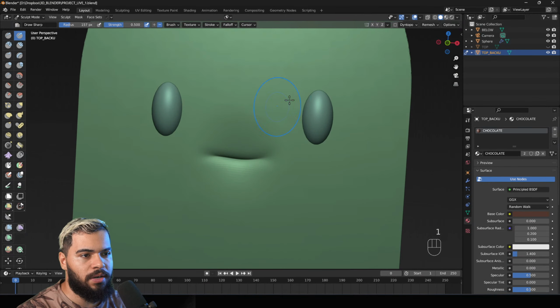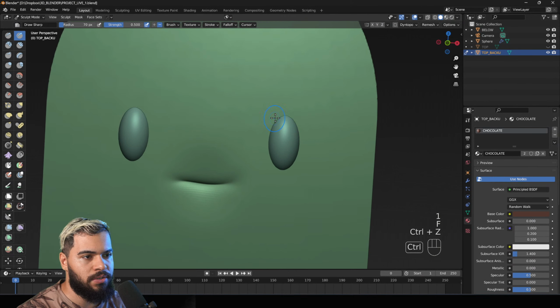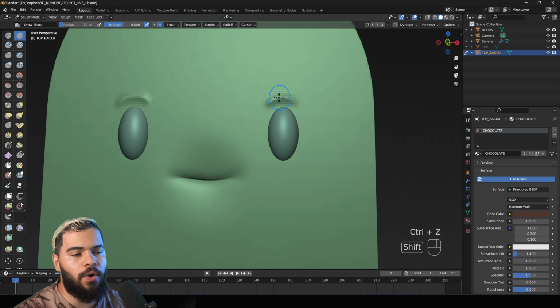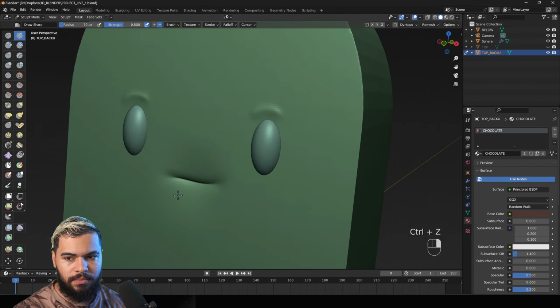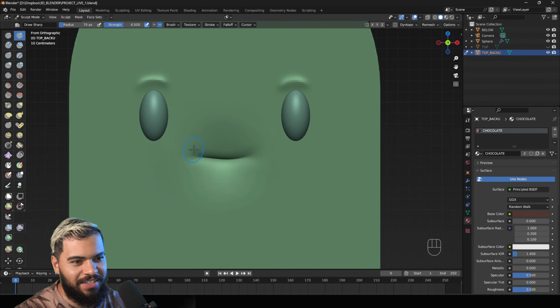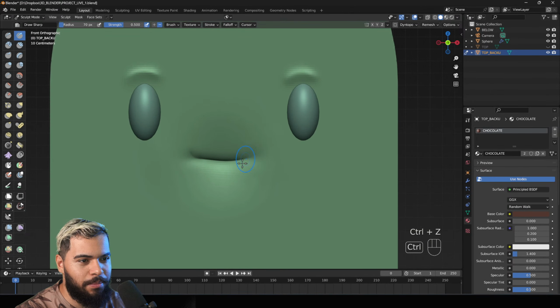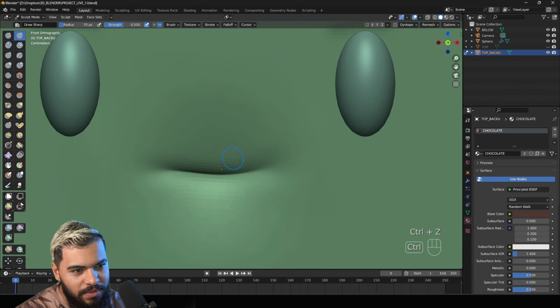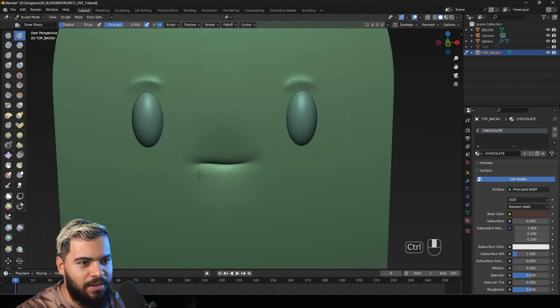If you hold shift, you can smooth more, okay? Let's say you are adding the eyebrows here somehow. I'll press Ctrl, and using the draw sharp, I can add the eyebrows here. Let's say something like this. If you hold shift, you can smooth this sculpting more. Look, very nice. Very vectorized style, alright? It's toothless, alright? This guy here.